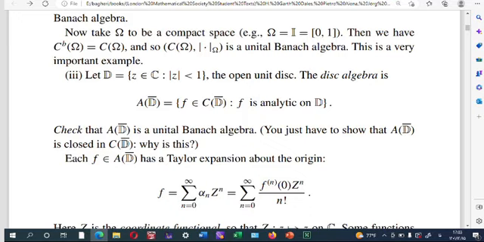Okay, now R of D bar equals the set of all F in C of D bar, continuous functions on D bar, such that F is analytic on D, or F has a derivative at all points in D. It is easy to check that this is a unital Banach algebra again. Okay,